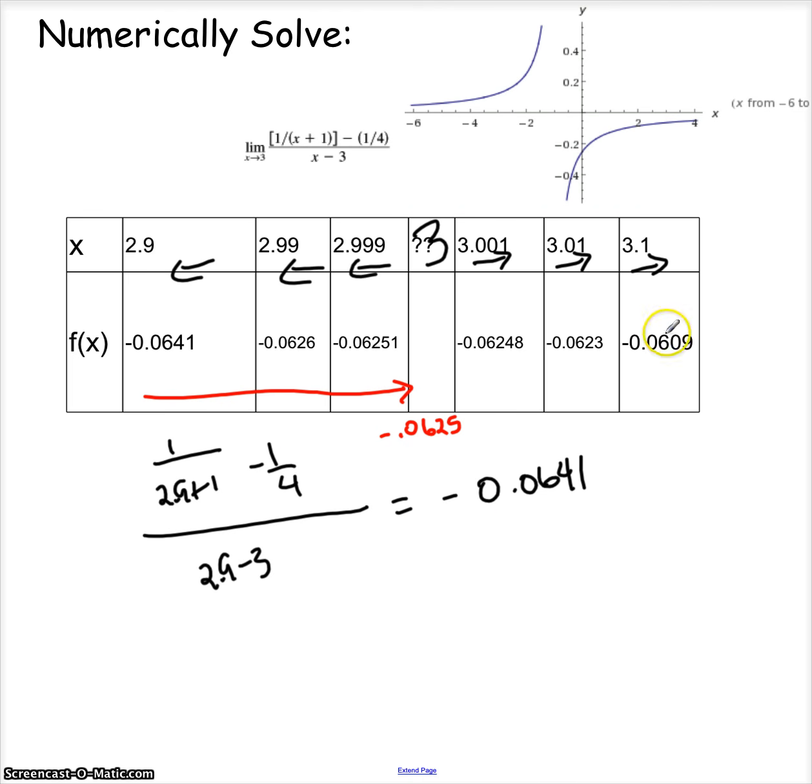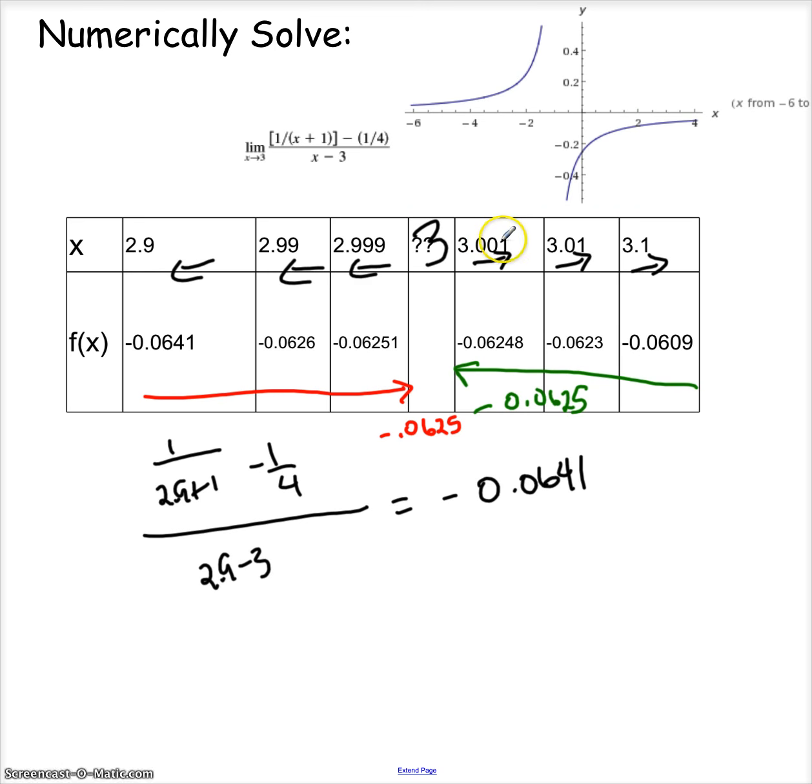If I look at the numbers from the right, it starts at minus 0.069, 0.0609, excuse me, 0.0623, 0.06248. See, this is, again, appears to be approaching 0.0625. If I want it to be even more sure, then I would, of course, do another iteration at 2.999